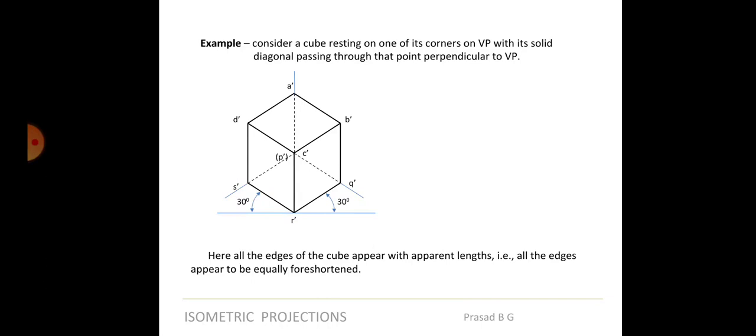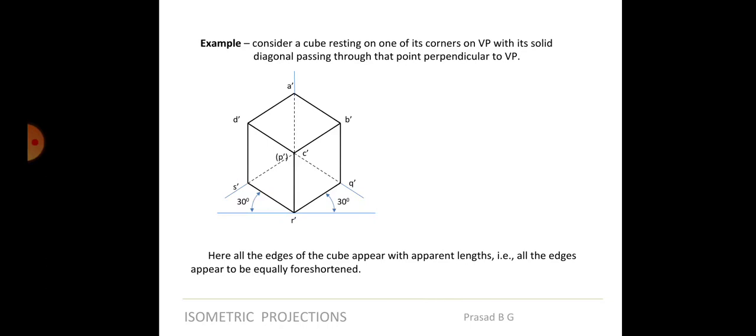So this means that it is not directly taking the condition whatever is given in the question. For example, if it is given that a cube has to be drawn with the length 40 mm, it is not that you will directly take from point R dash and draw 40 mm at an angle of 30 degrees. No, when you are drawing an isometric view, you are actually turning the whole object by 30 degrees, isn't it? So when you incline the object, you will feel the length has to be reduced.